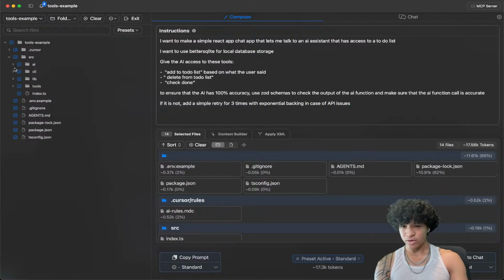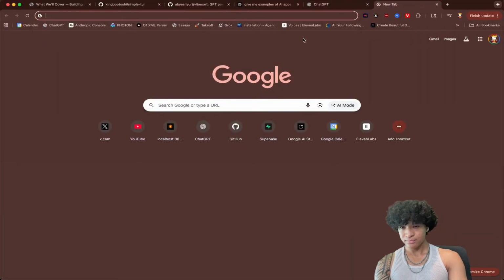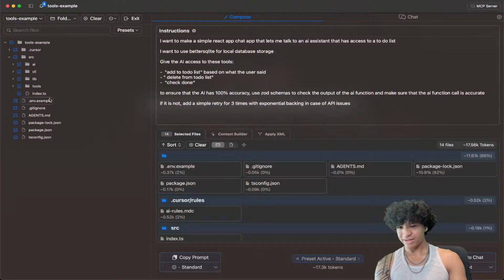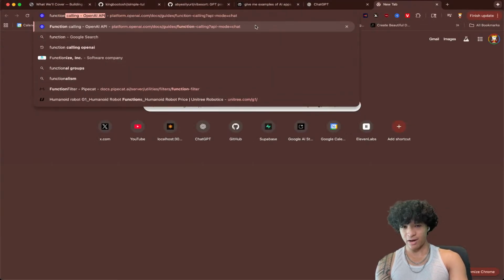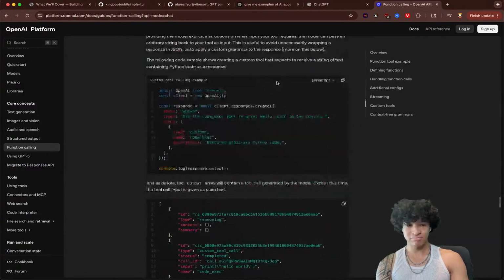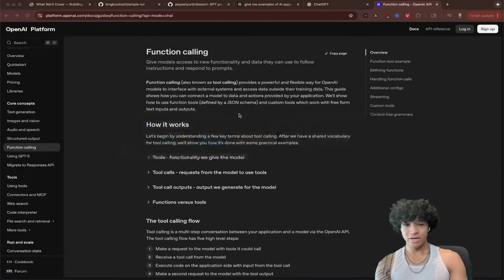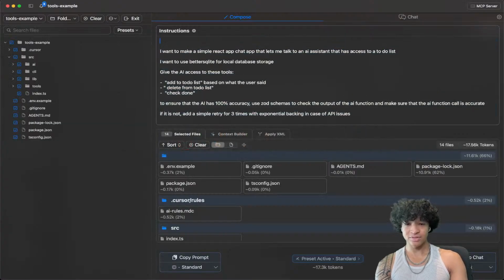And then one last thing I also want to do: we are working with tools, but I didn't add logging to my code base, so I kind of messed up. I didn't add any logging documents to my code base, so that's where I messed up. So just so the AI has a refreshed mind on how to do good function calling, I'm just going to copy this whole page and stuff it in there on the top. So I'm going to write here,